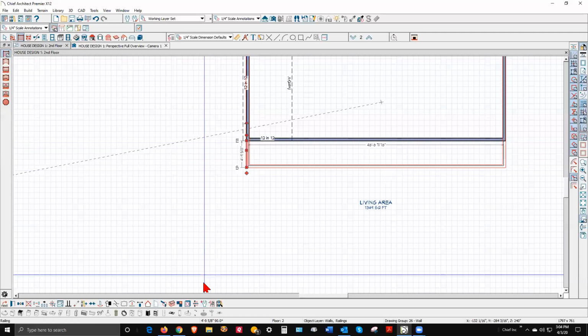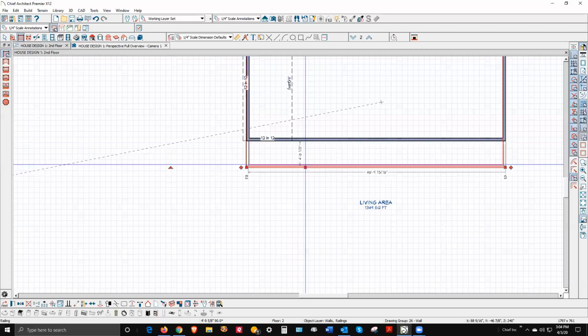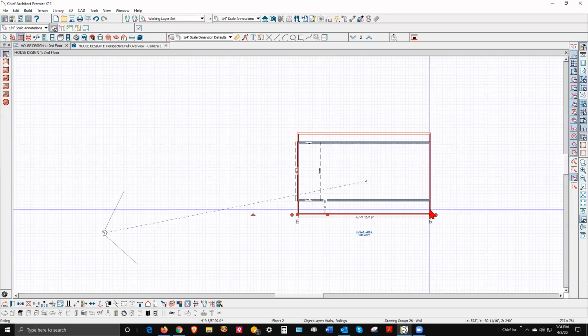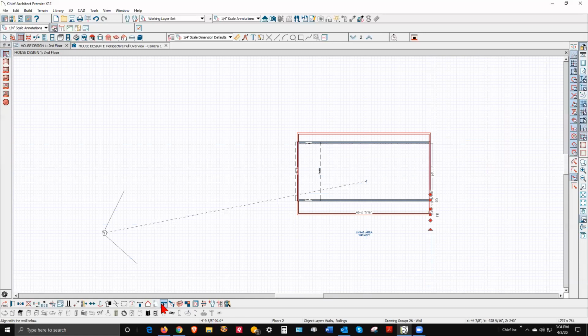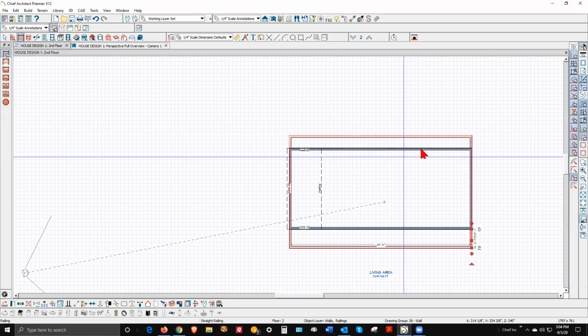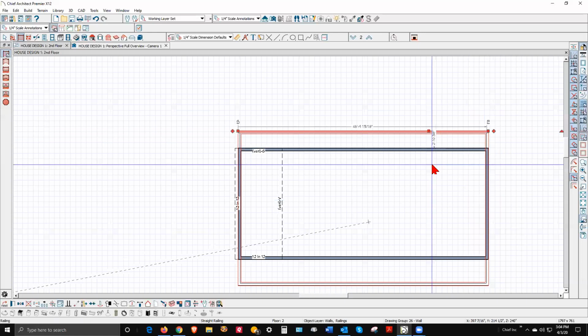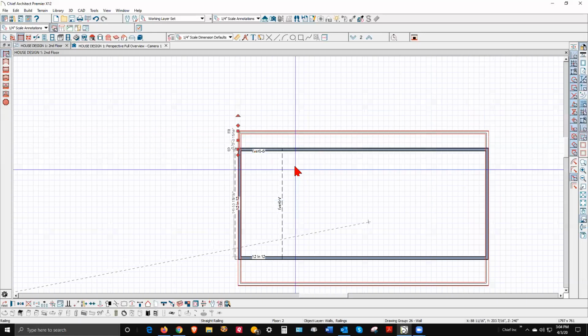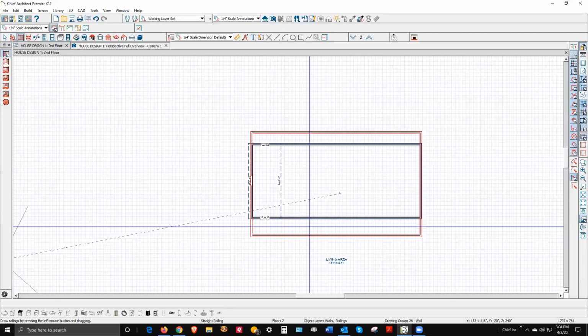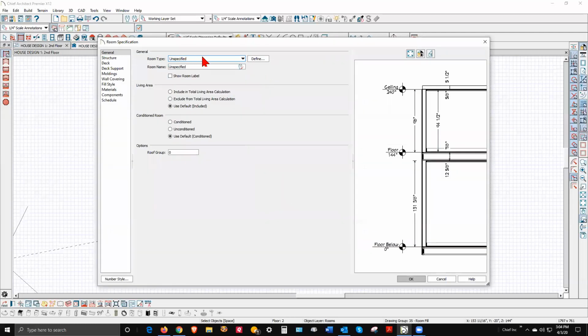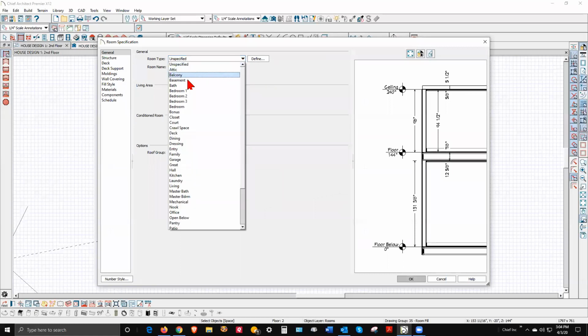Okay, I want to make sure that those are lined up. I'm just looking at the edit toolbar to make sure they should all be in alignment, but if you don't check, you're not sure. Yeah, there's one that's out of alignment. That one's okay, this one's okay. So now I'm going to name this a deck. And when you name a closed space deck,